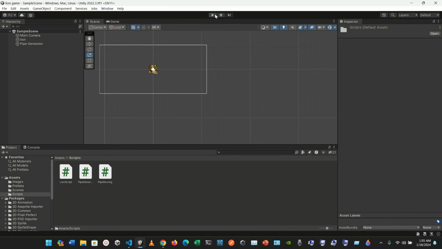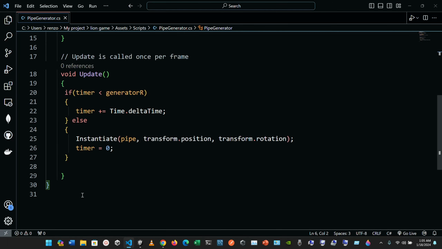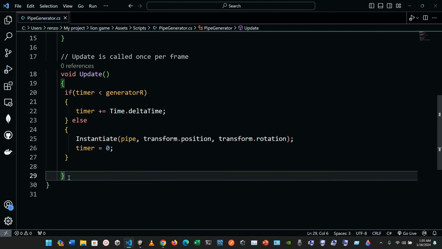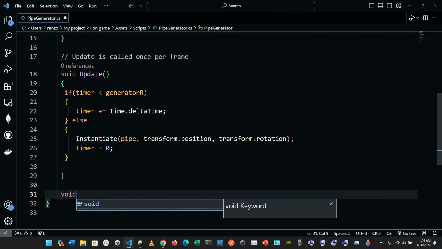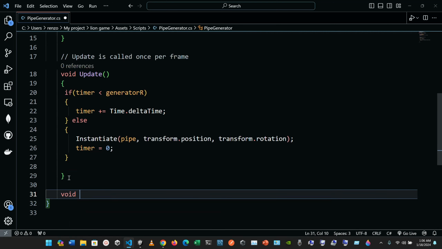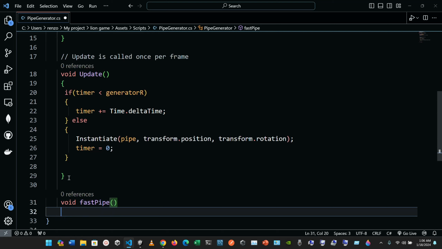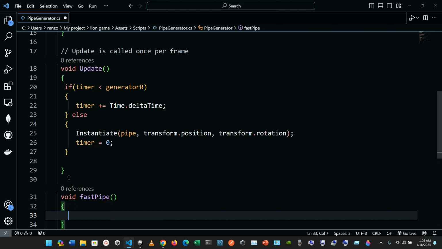So we're gonna modify that, and what we are gonna do right now is, after this void, it has to be after that, we are gonna have another function. It's gonna be void, and we are gonna call it fast pipe, like that. And we're just gonna open curly braces and leave it like that. Save it for now,